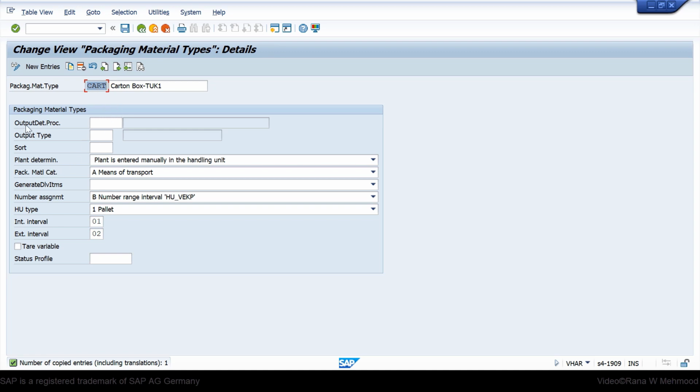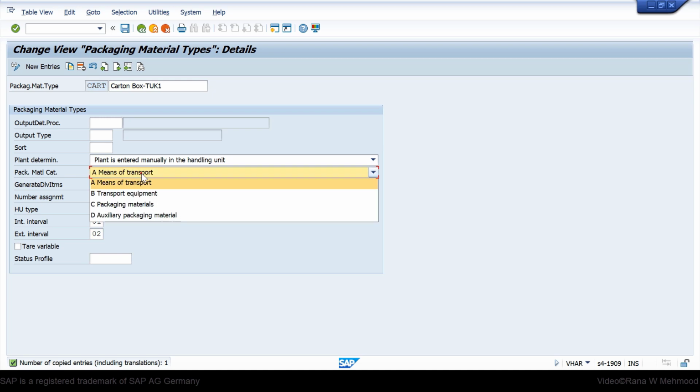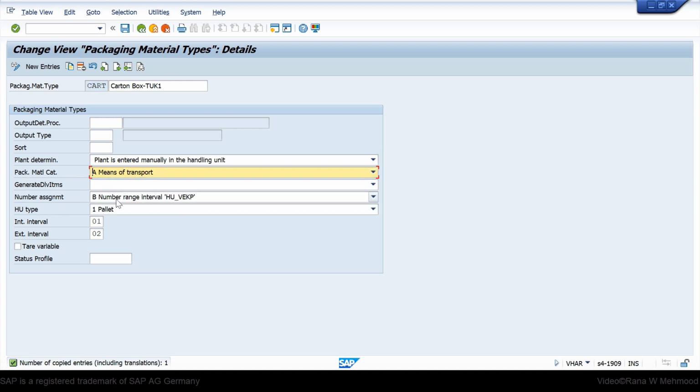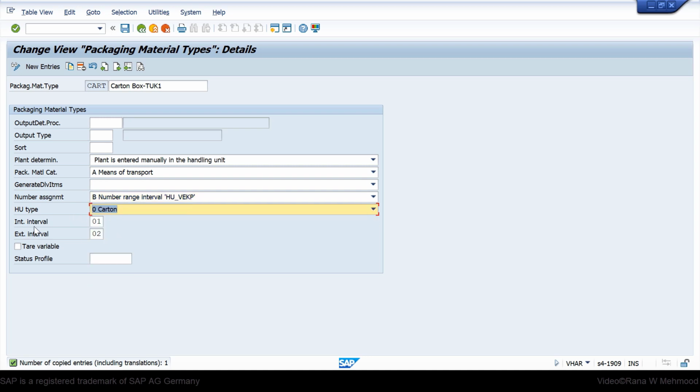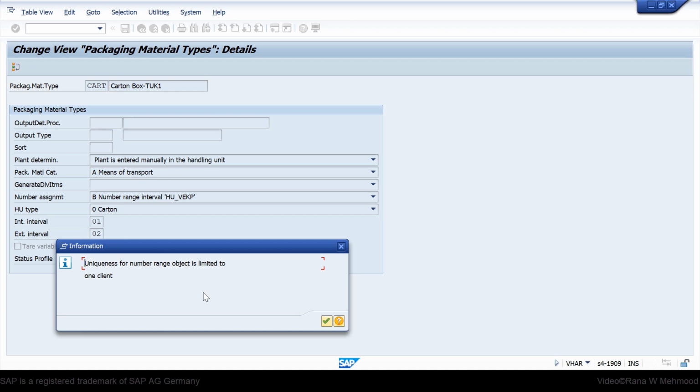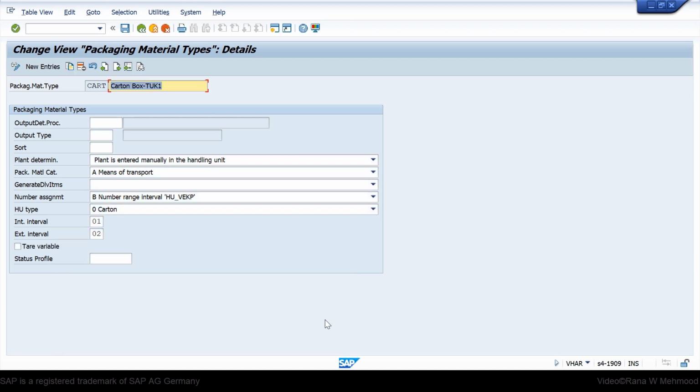Further, you can look at its control: package plant determination is plant is entered manually in the handling unit, and package material category is means of transport. And further, number assignment, number range interval HUVEKP. And HU type is pallet, which you can also change to carton if you want, and then the internal number assignment and external number assignment. Once you're happy with all such information, you can hit save